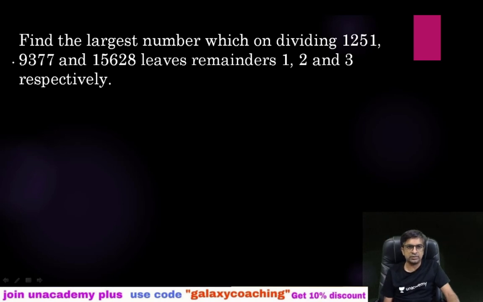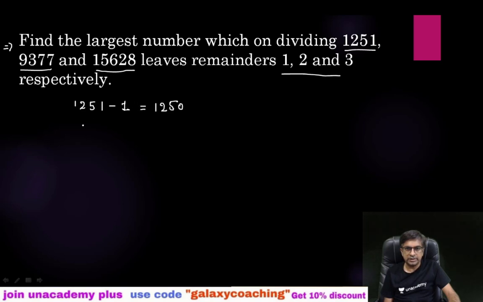So let us start solving this sum. First of all, find the largest number which on dividing 1251, 9377, 15628 leaves remainder 1, 2 and 3 respectively. So we want these three remainders. For that, we need to subtract 1 from 1251, which will give you